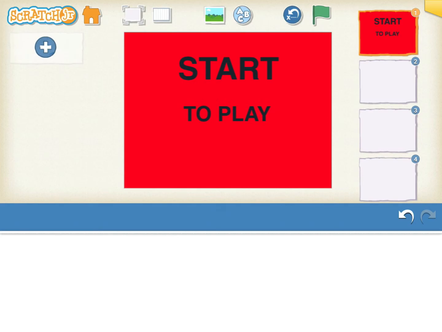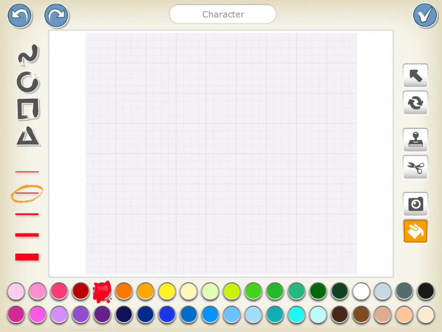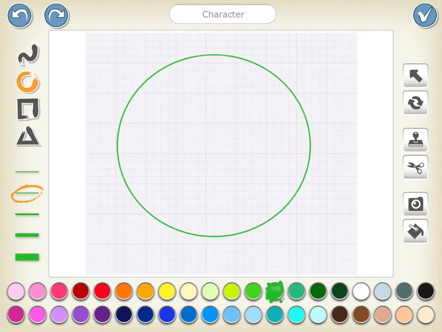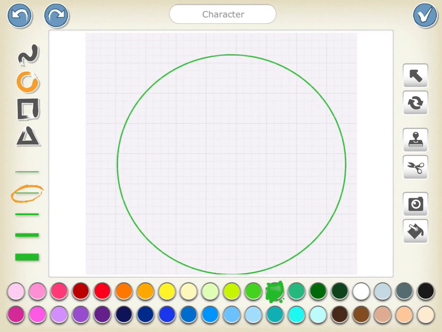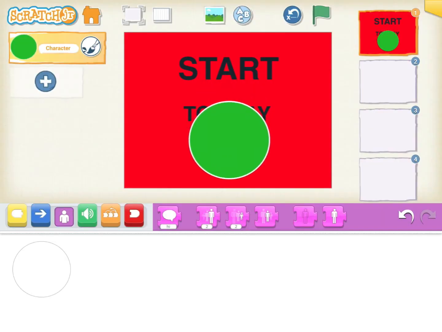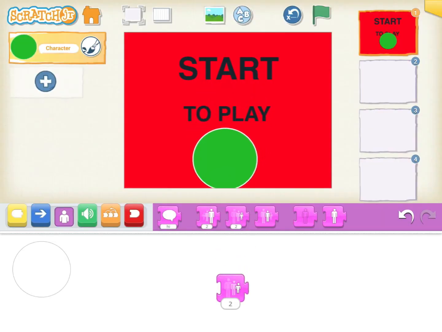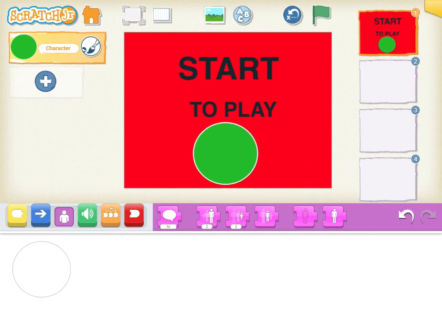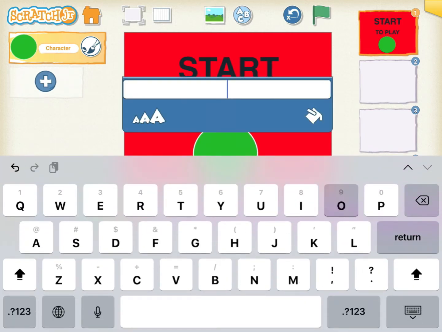Next I'm going to click on the character plus button, which is on our left side, and make a circular figure by choosing the circular option. Now there will be 6 icons on our right hand side, and the 6th icon is fill, so you have to fill it, and then make it smaller. There are 6 options over here. Choose the third one and just press on it to make it smaller. If you want to make it 4 times smaller, you can press on it again.